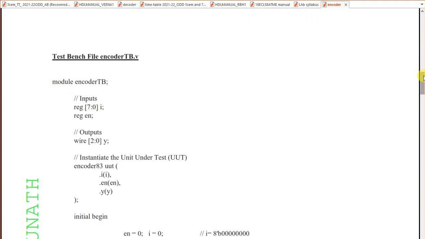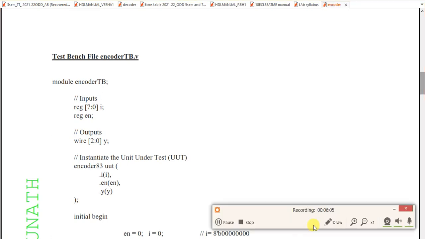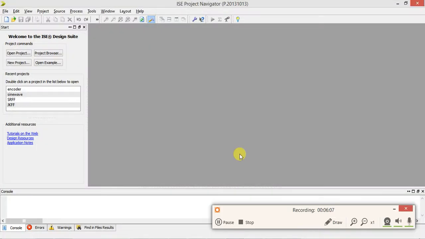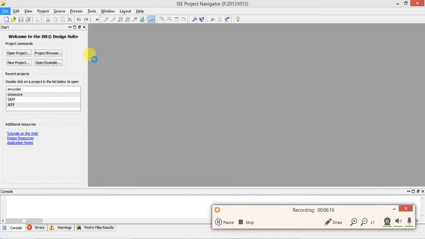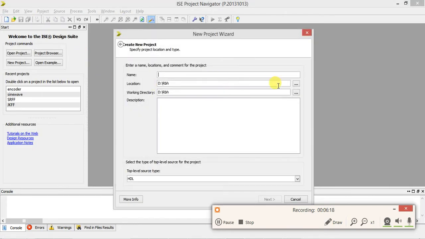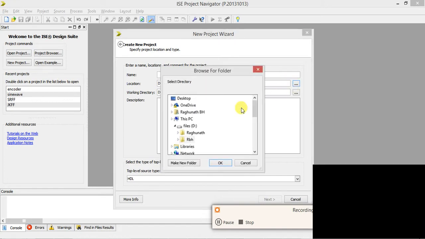Okay, now I'm going to open the tool. When you open that ISE emulator, I'm going to create a new project. File, new project. You can select your folder in the D drive.